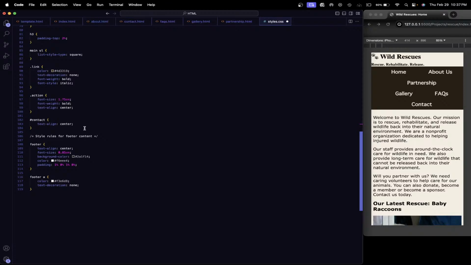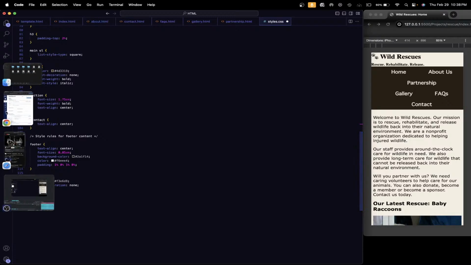Number 9, open fonts.google in your browser and select the Emblema One and Lora fonts. Copy and paste the link provided by that within the head elements of the template. In the styles.css file, create the following style rules. Okay, so let's go ahead and